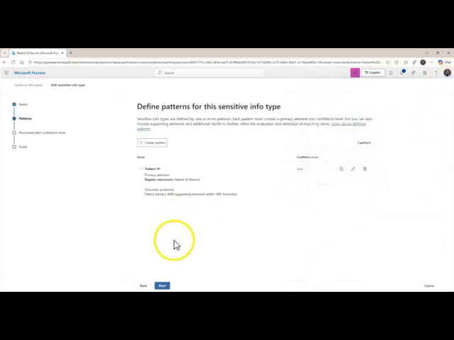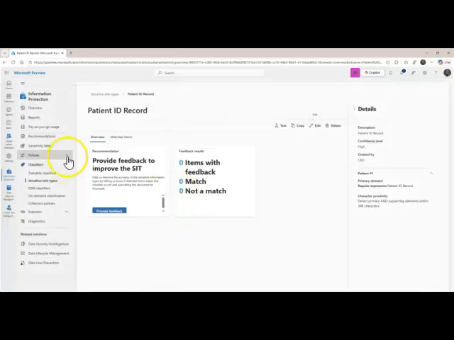So that's the sensitive information type we're looking at. Then we created a policy with that, but that policy just makes the label show up in an Office document,